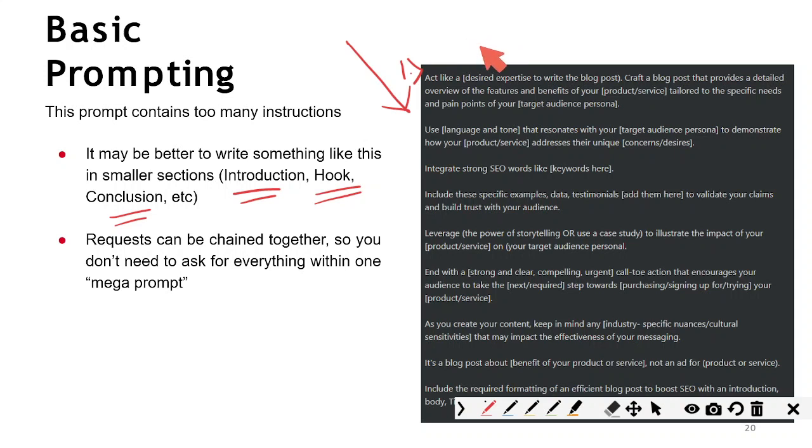elicit role prompting from this ChatGPT. I'm trying to assign some kind of role to ChatGPT, that you are the subject matter expert in this particular profession, and then I'm also giving a lot of details. For example, it is a blog post, and then I can also write, don't do this, so I'm not interested in conclusions or something of that sort. So we can also make use of do's and don'ts while we are trying to write effective prompts. Okay,